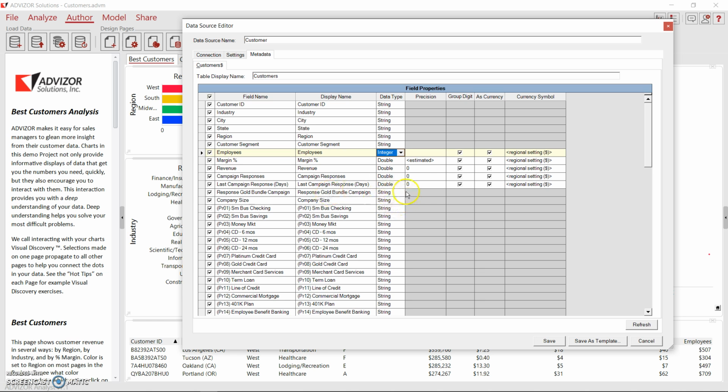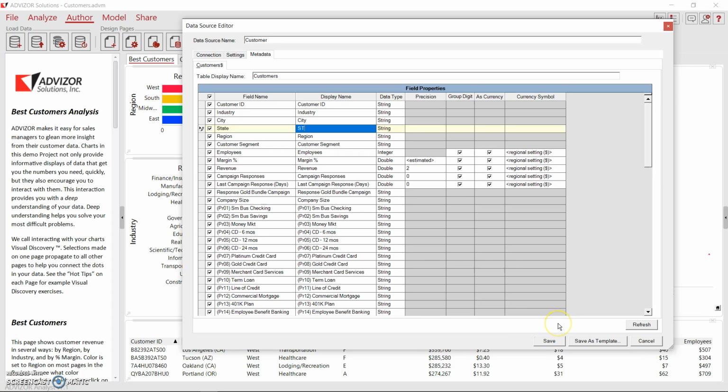But that only applies to the type. In here you can change the precision without any risk. So I want to see cents in my revenue. I can change that here easily. Same thing with the currency or the comma separators. So you can come here, you can even make changes. So if instead of state I want to call my field just the abbreviation, I can do that easily,